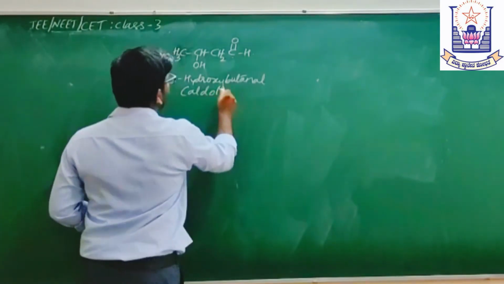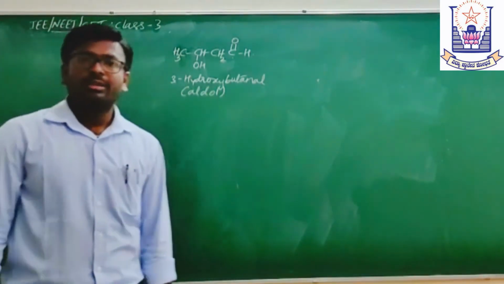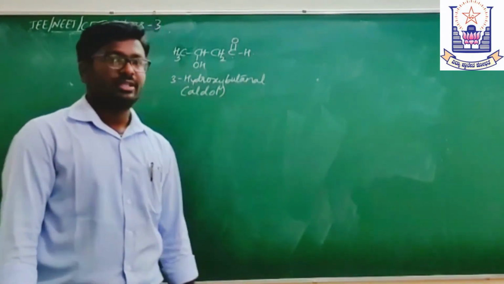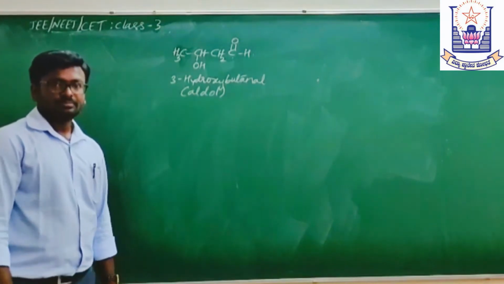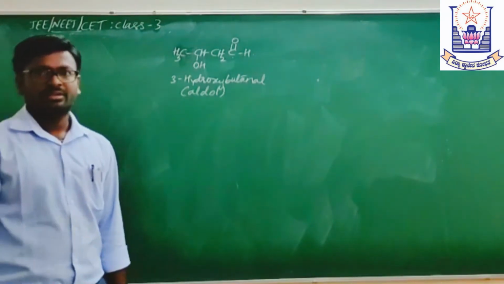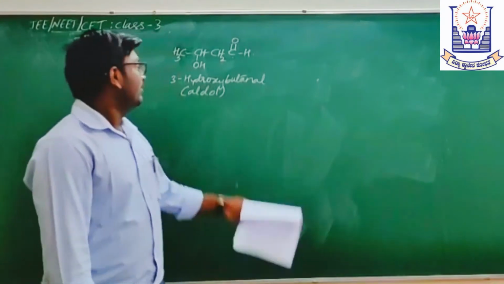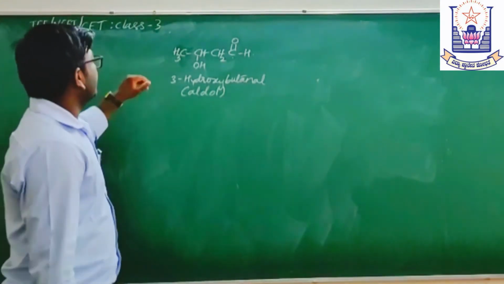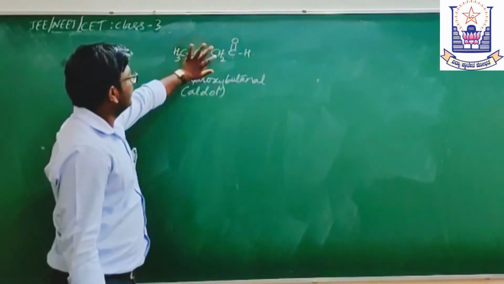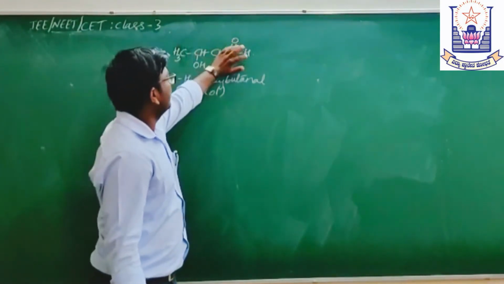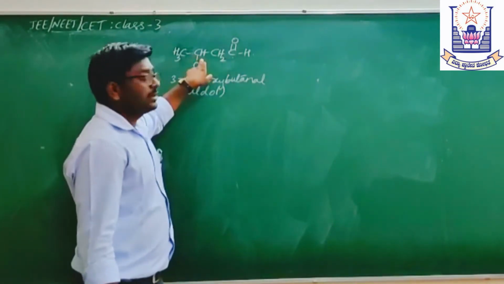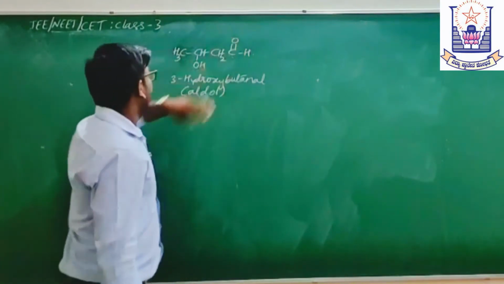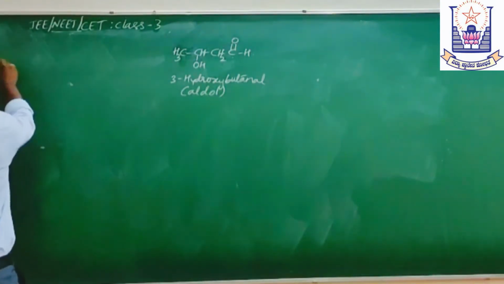So they are asking about the aldol. The aldol is formed when a carbonyl compound with alpha hydrogen is treated with dilute NaOH or dilute alkali. Here see the hydroxyl part and the aldehyde part, both are having two carbon atoms. This part is different, this part is different. Now when you take out that compound